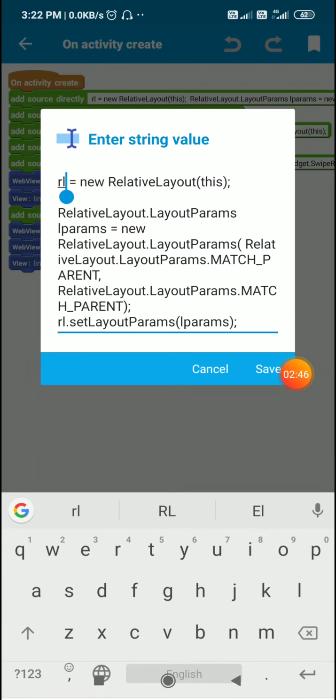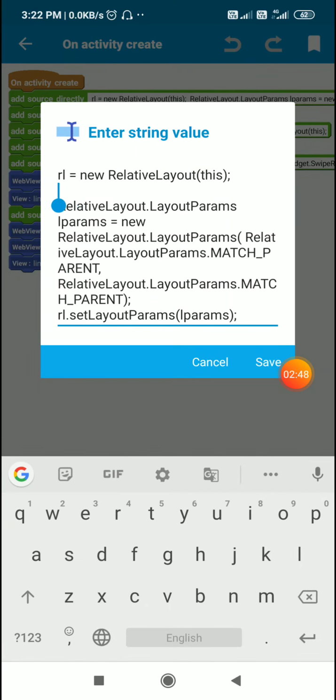here I define RL is equal to new relative layout this. So RL will be a new relative layout. For this relative layout I set layout params. So here I have defined L params which is relative layout dot layout params.